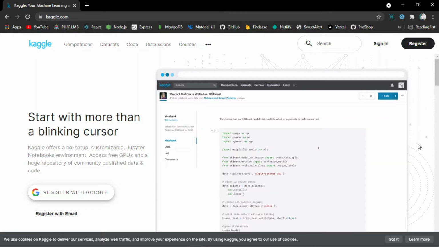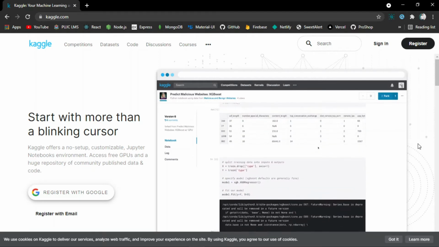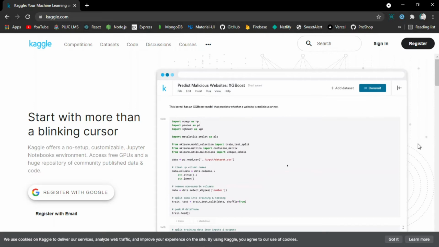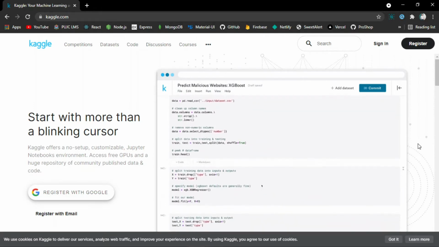way to go. Inside Kaggle, you will find all the code and data you need to do your data science work. You can use over 50,000 public datasets and 4 lakh public notebooks to conquer any analysis in no